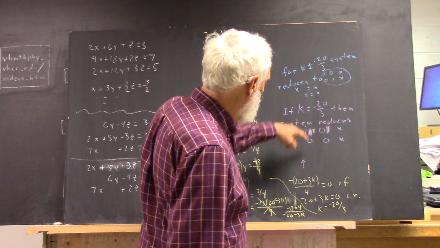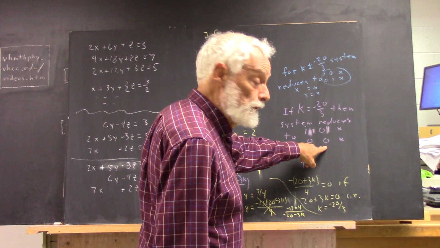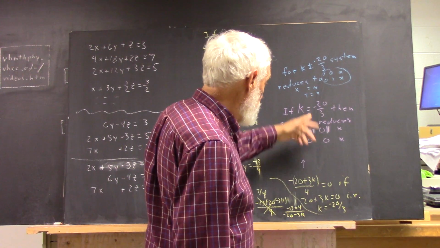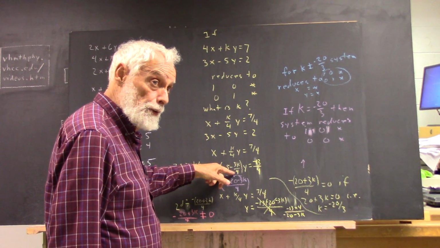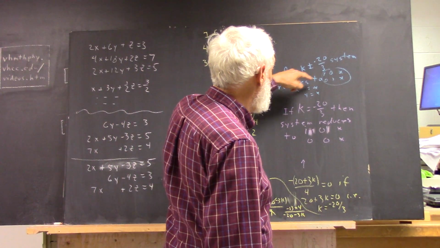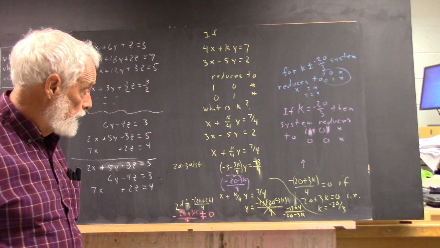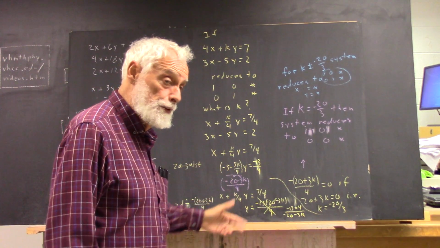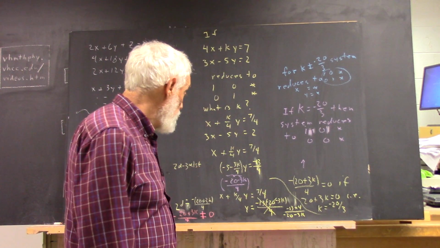So if k is not negative 20 over 3, the system reduces to this form. If k equals negative 20 over 3, the system reduces to this. And only if k equals negative 20 over 3, because that's the only way you're going to get a 0 in front of y. Now, another way of looking at it, if you go any further than this step and realize that your condition is that this can't be 0,